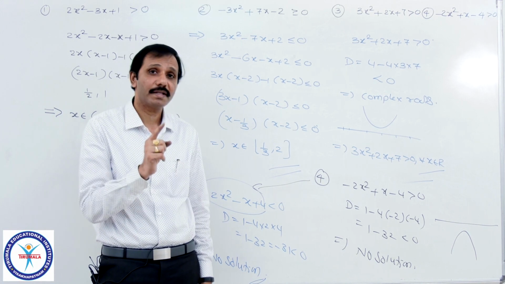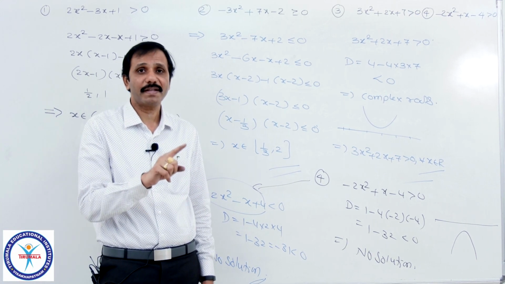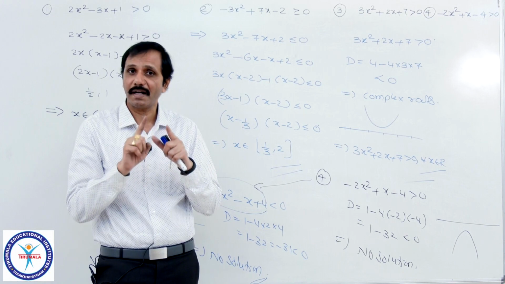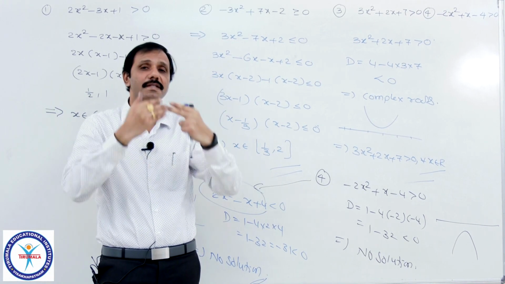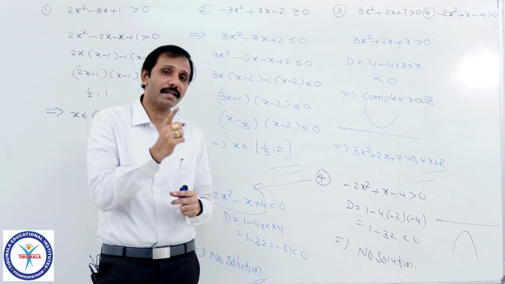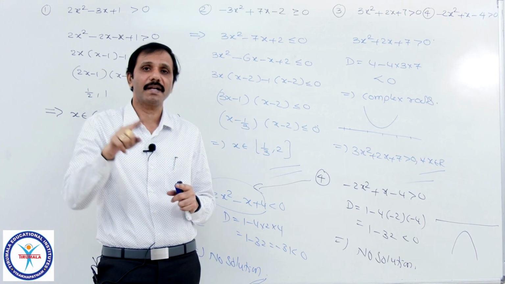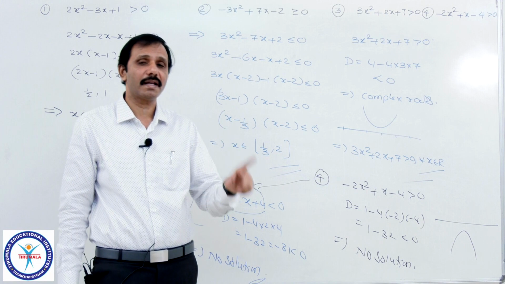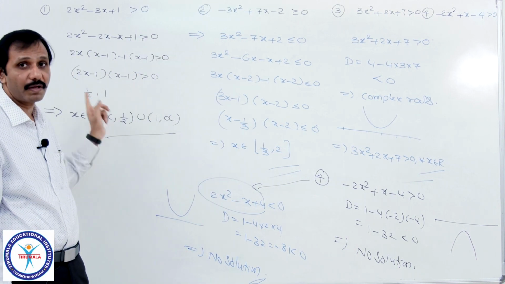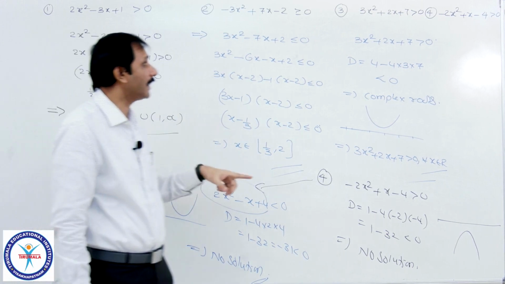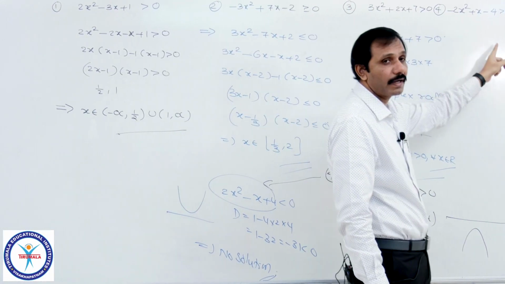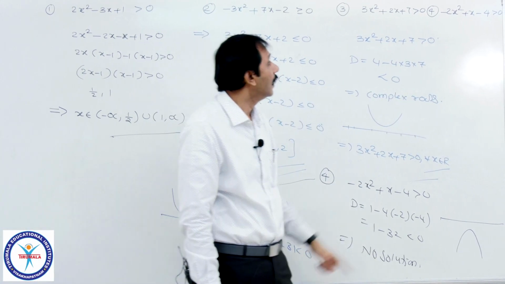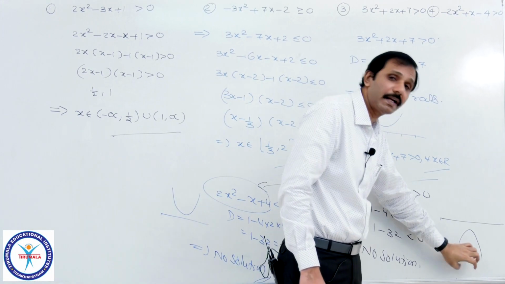And the third discussion we have seen is when it has complex roots, that is f of x equal to ax square plus bx plus c has complex roots. What is the meaning? It will not touch or intersect the x axis at all, either it lies above the x axis or below the x axis. That depends on the coefficient of x square. Positive coefficient means it lies above the x axis, and negative means it lies below the x axis. Observe that if it has real roots, write the roots of that equation and apply our formula. And if it has complex roots, check the coefficient of x square whether it is positive or negative. Positive means it lies above the x axis, therefore our expression is positive for all x belonging to R, and negative coefficient of x square means completely below the x axis.